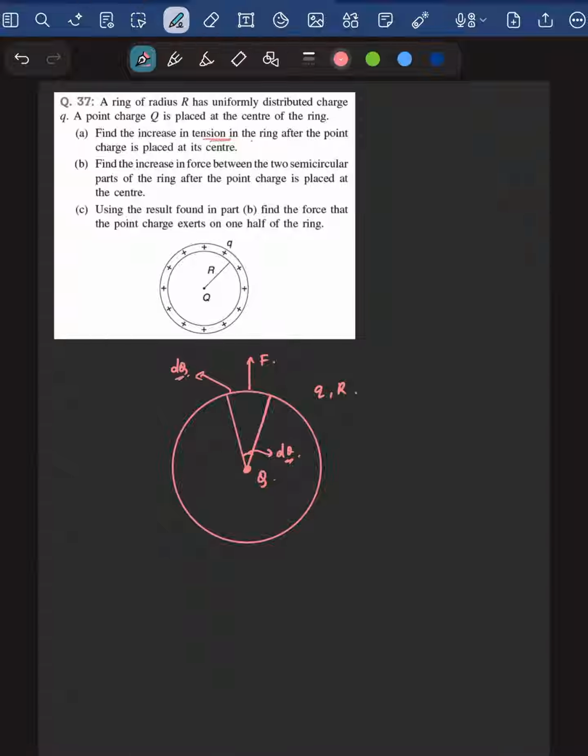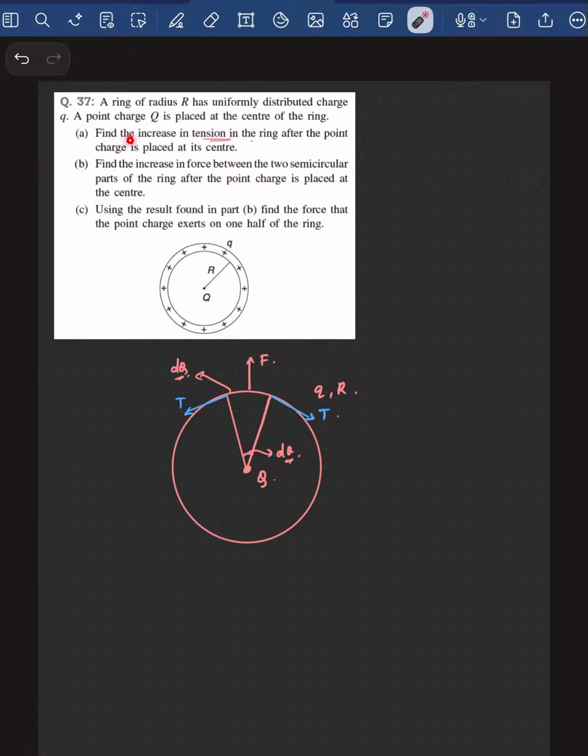And what is preventing this portion of the ring from getting repelled? So the force which is preventing this portion of the ring from getting repelled is nothing but the tension due to this portion of the ring, right? You'll have a tension force acting along the tangent at these 2 points right now. Okay. So I think that this question is phrased correctly.